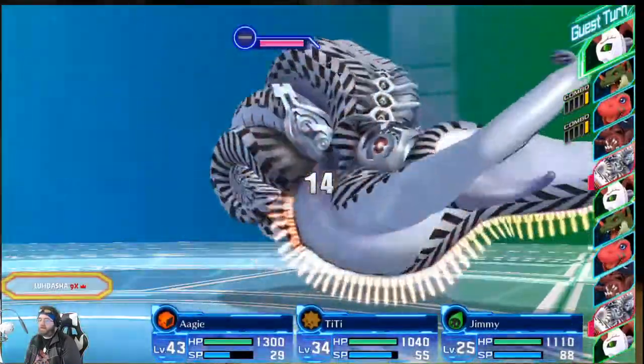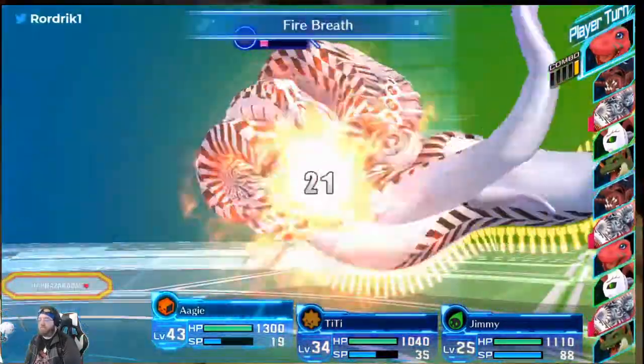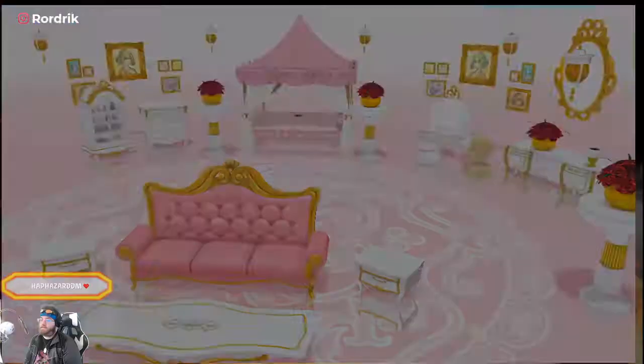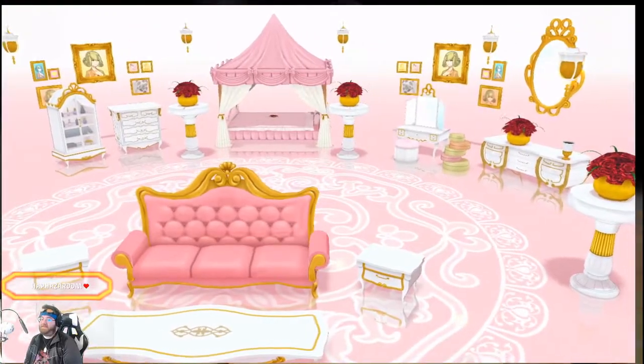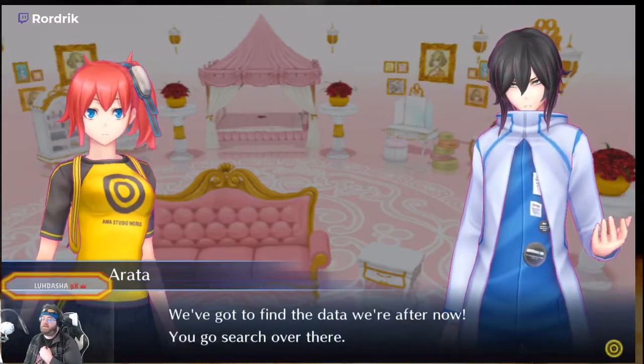Next at this point is another Eater. And, well, we've taken down so many of these at this point. And having a couple of penetrating moves on the team now, they are an absolute joke if you have just a few. So, moving into the top secret area,